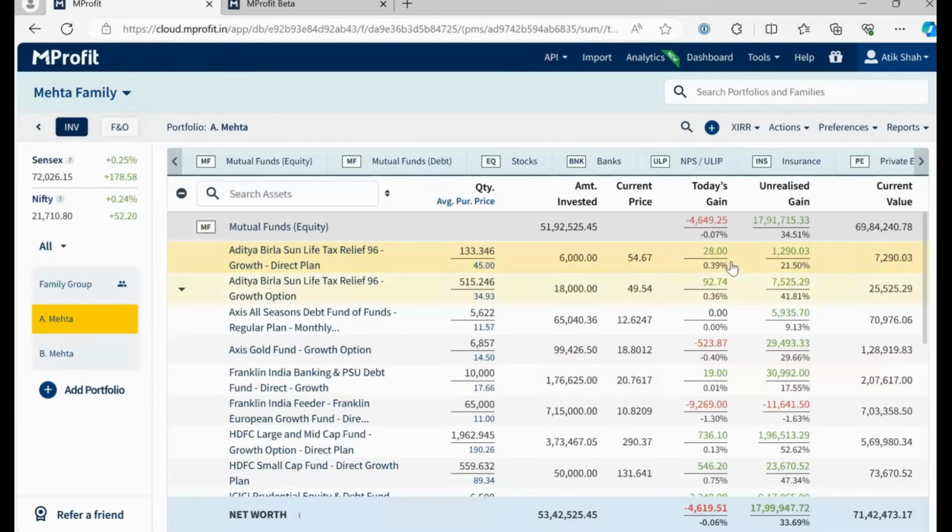On the main summary screen, if you want to see the annualized return XIRR, you can simply put the cursor over current value for any particular scheme, and you can see the XIRR. So as you can see, for the first fund, Aditya Birla Sun Life Tax Relief Fund, it's showing XIRR. For the second fund, it's showing 12.45%. So this is one way of quickly seeing your returns for any particular investment. And similarly, you can click on a particular head, that is mutual fund equity, if you want to see how much XIRR, it's 11.40%, for example, in this portfolio.